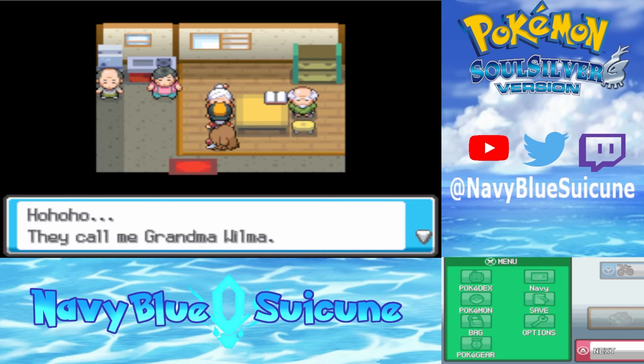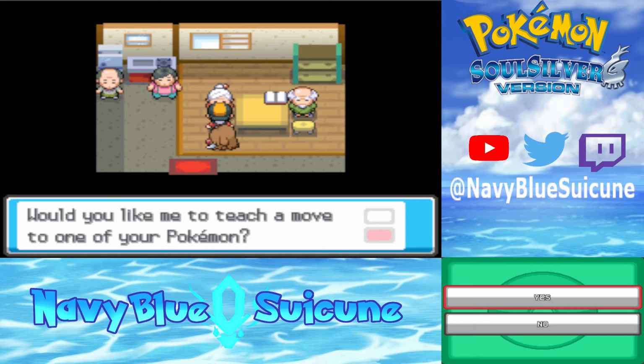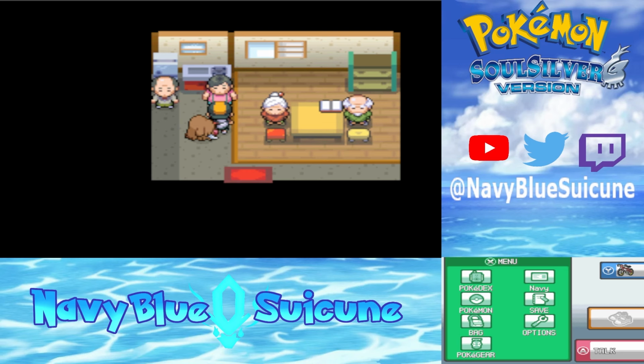Oh, they call me Grandma Wilma. Sense a slight talent as a dragon tamer in you. Would you like me to teach a move to one of your Pokemon? I don't have a dragon type on the team, so nope. Probably Draco Meteor. And let's see...